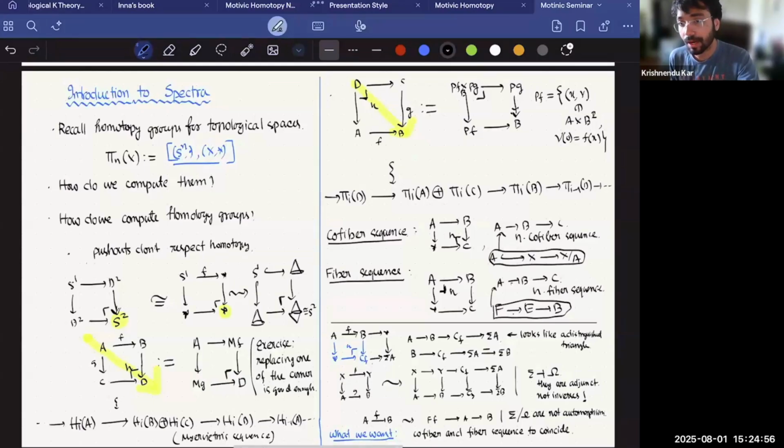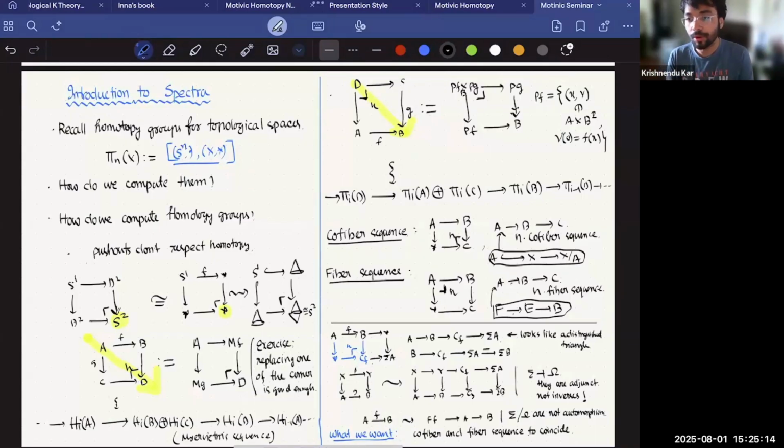For homotopy groups, we can't do that. We will be able to do that if we get to use the long exact sequence from the pushout. So the upshot of this discussion is that we want our homotopy pushout and pullback squares to coincide,